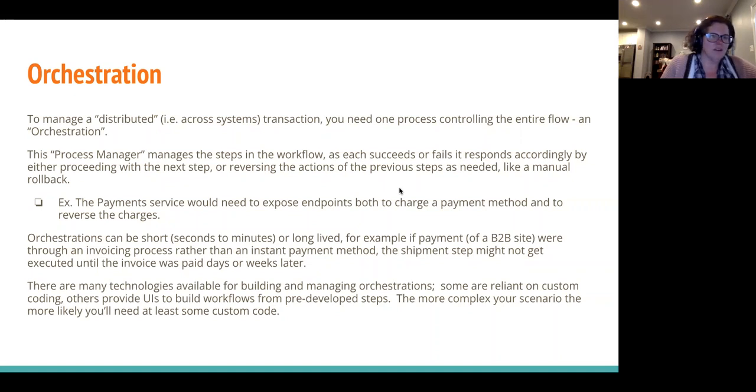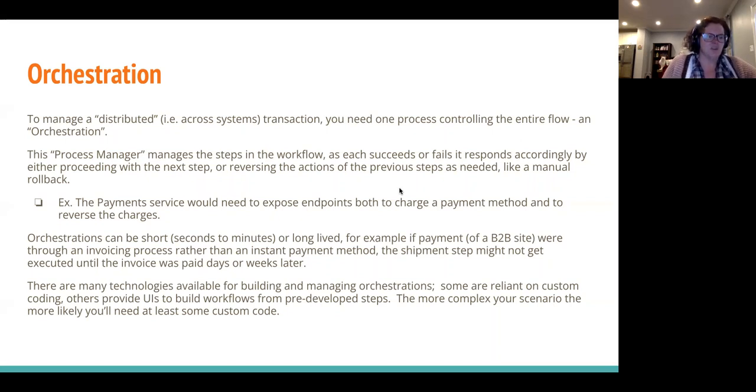So if you wanted an example of this, let's go back to our e-commerce site. If you have an order that gets created by an order service, and then the payment gets processed by a payment service, and then it gets shipped by a fulfillment service, all three of those things really need to happen. If there's a problem where one of those is going to fail, then everything needs to get rolled back, because if what they ordered suddenly got discontinued, they already paid for it, you've got to give them their money back.